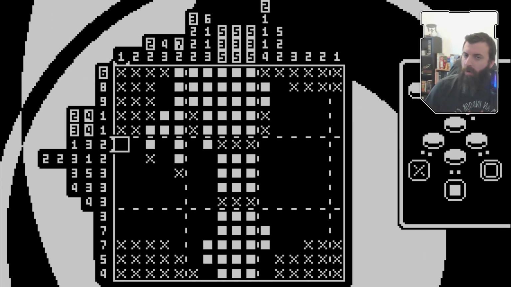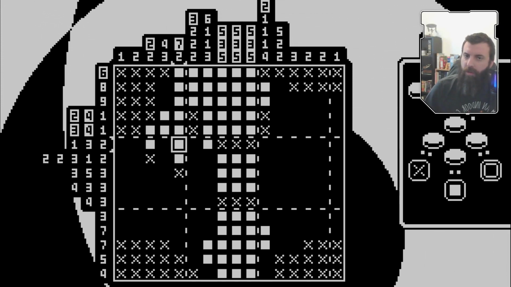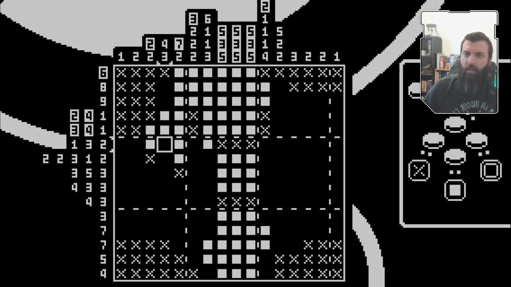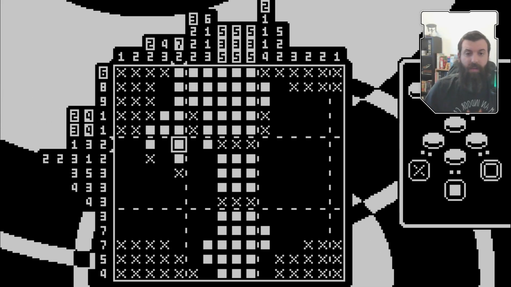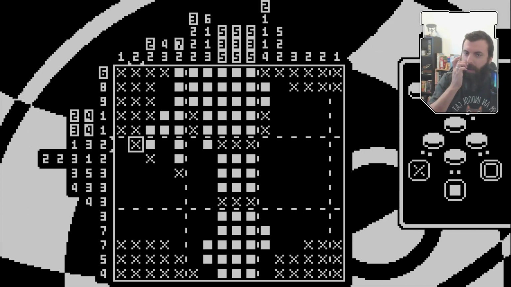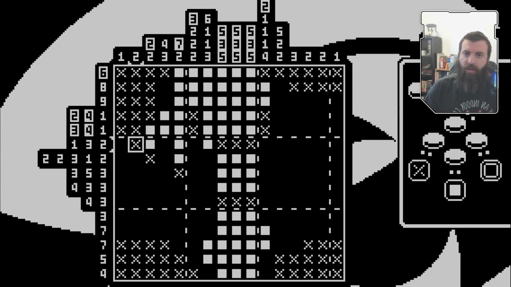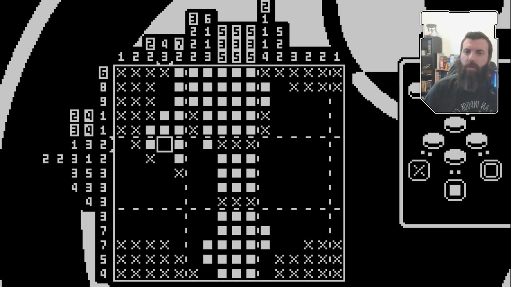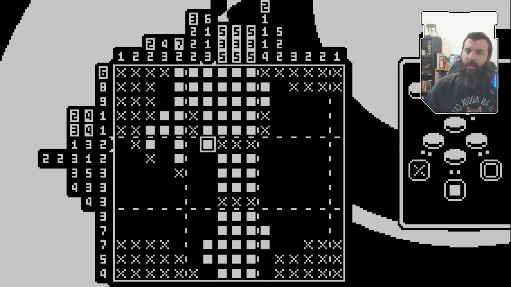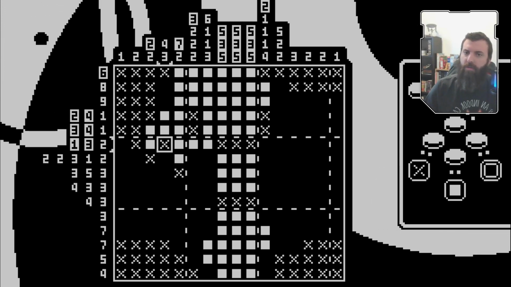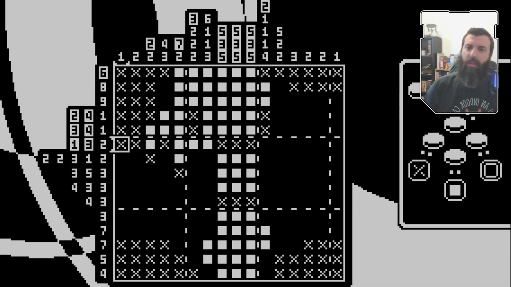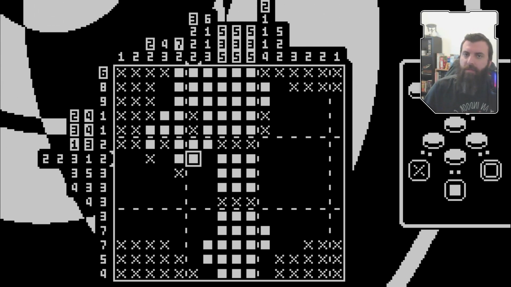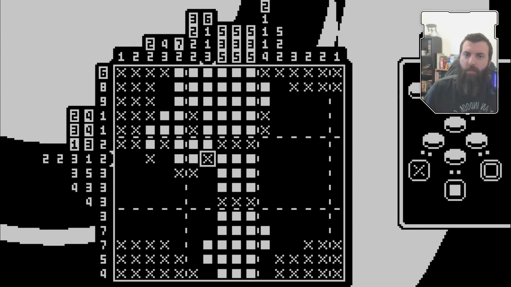We could have a 1 right here, space 1, 2, 3. Or this could be the 1 and the 3 could be right here, and that is vastly more likely. So either way, we know that this doesn't have anything here. And actually, while we're on the topic, if it was 1 space 1, 2, 3, well, then this would have to be part of the 2, and there's not room for it. So we can deduce that that has to be like that. That gives us a top edge for our vertical 2 here, and we've completed our